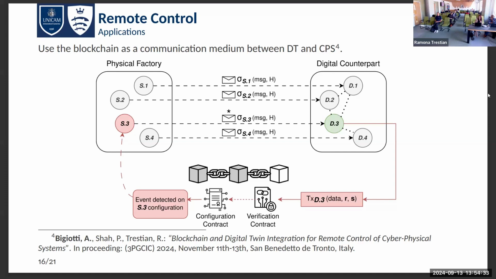We can think about, okay, if the component D3 detects that there is something bad on the sensor S3, it can just send a message saying stop your production, stop your activity. But we are going to open the risk that one single component of the digital twin is able to change the behavior of the physical system. Maybe the action monitored by the sensor S3 could be tied to the action of other sensors. So a bad message to S3 could compromise other parts of the physical system.